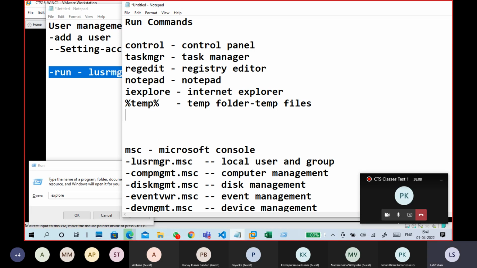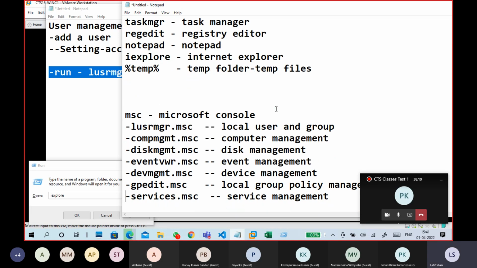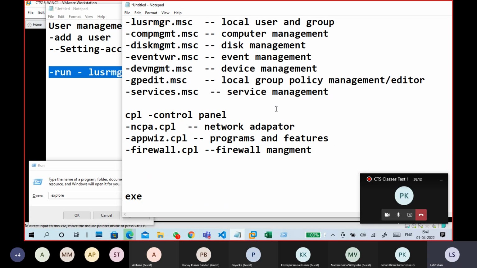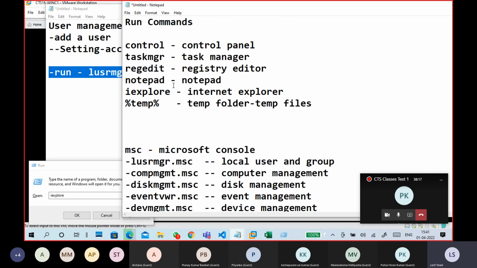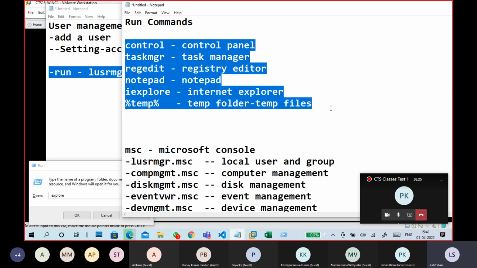Prefetch is there. A lot of other things are also there. So I'm removing this .exe type because I mixed a few things here, like notepad.exe, regedit.exe, taskmgr.exe. So there are a lot of run commands.